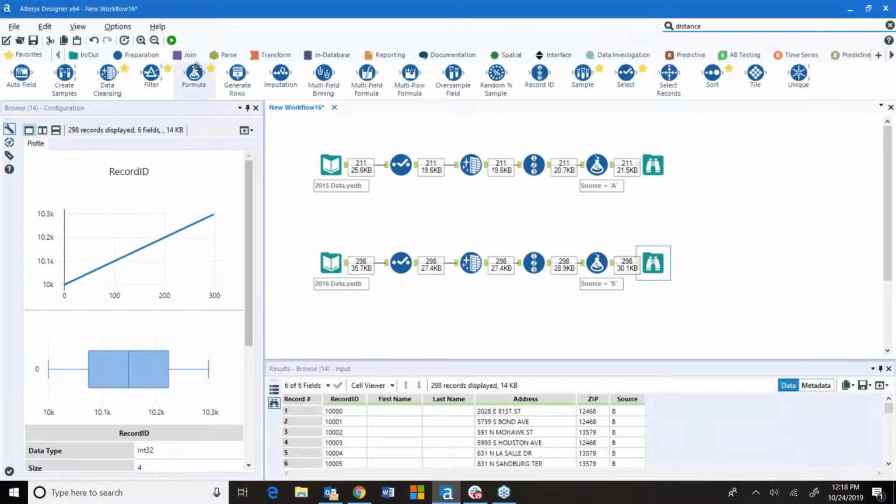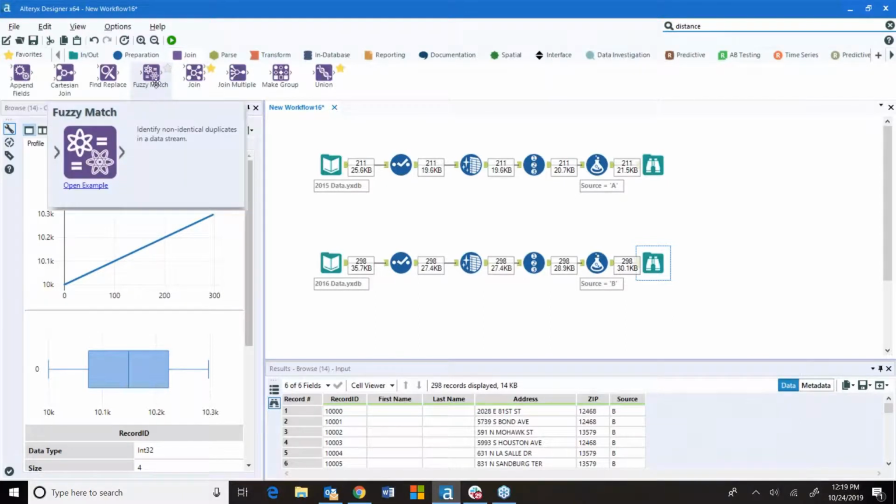So one thing about the fuzzy match tool, if you look at the fuzzy match tool, it has one input arrow. So that means it only takes one source coming in, one data stream. So this means you actually have to union your data before you feed it into the fuzzy match tool. So again, that's an essential process also. It doesn't have two inputs like a join tool. It only has one, so you definitely need to union that data first before you push it into the fuzzy